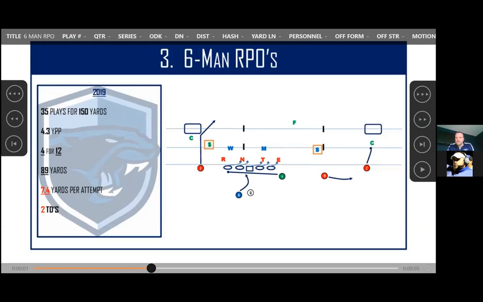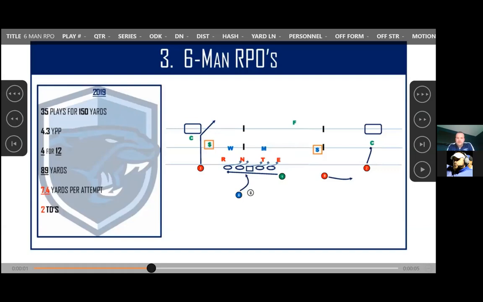This was brand new to us in camp. We had a really hard time getting the timing right, getting the footwork right, getting comfortable. But it did show a lot of progress. We were still 7.4 yards per attempt, which is pretty good. And we threw 2 touchdowns. And they were a pretty good chunk of yards. You're going to see them on the clip. So I think this is going to provide us a lot of promise. This is an area that we're going to expand.